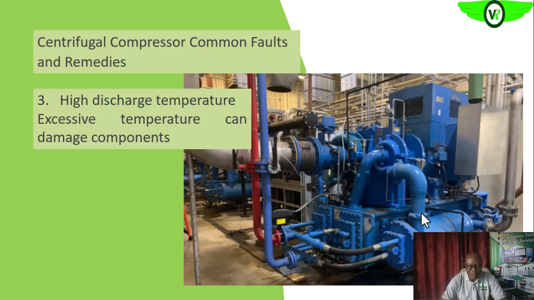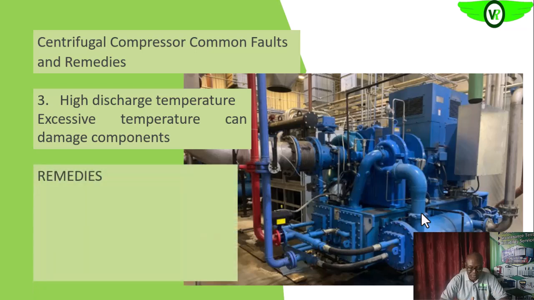So what are some of the remedies that we can adopt in taking care of this high discharge temperature? One is to check for fouling or deposit on the impeller, or on the